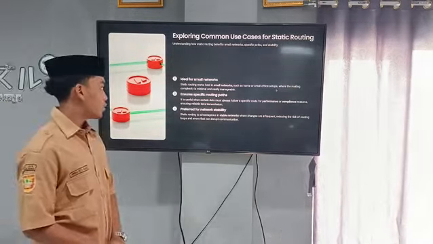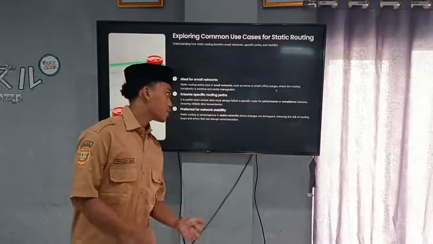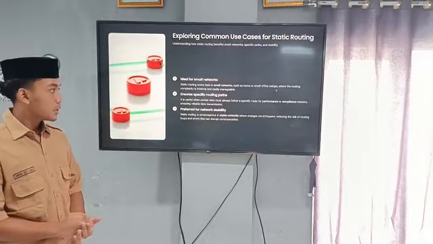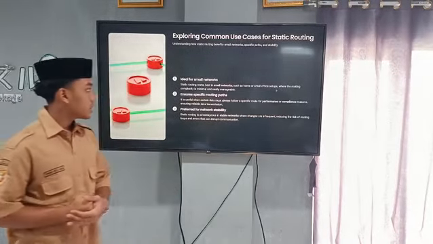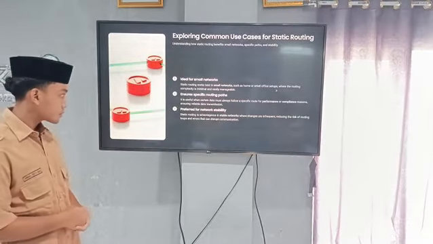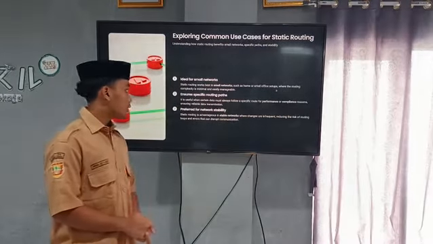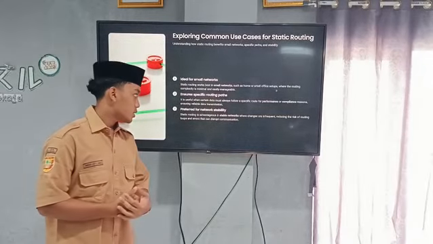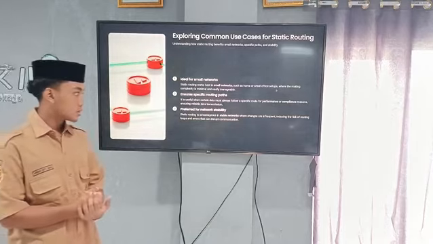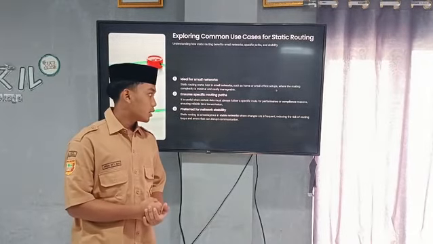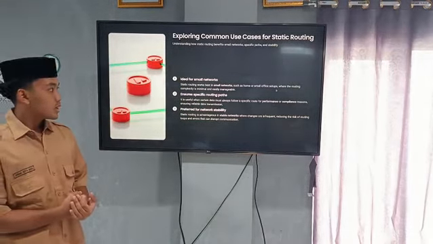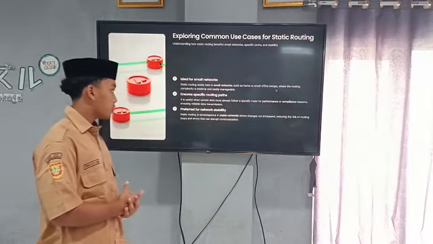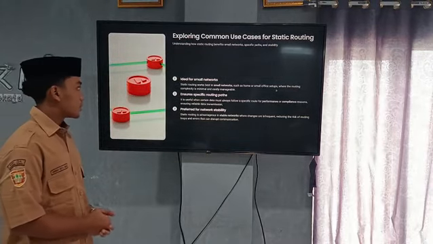It is useful when certain data must always follow a specific route for performance or compliance reasons, ensuring reliable data transmission. Third, reward for network stability. A static route is an advantage in stable networks where changes are infrequent, reducing the risk of routing loops and errors that can disrupt communication.